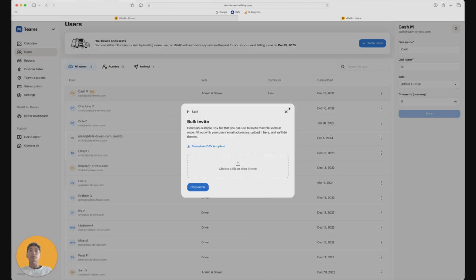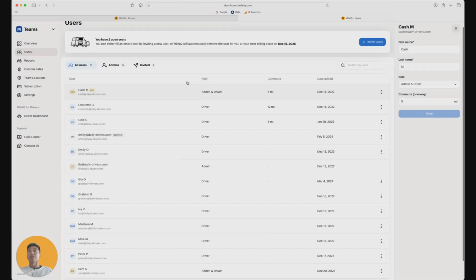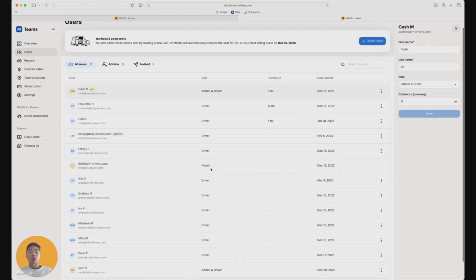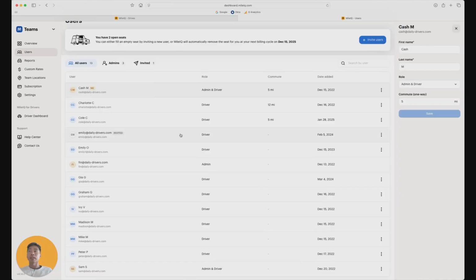Now, in this demo, we have 13 total users, and there are 3 types of users. We've got admins and drivers, and just an admin. If your team is on the standard or pro plan, drivers can submit their reports directly into this admin dashboard over here. Now, this is where your admins are going to be able to view all the reports in a